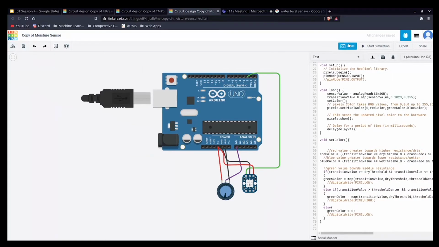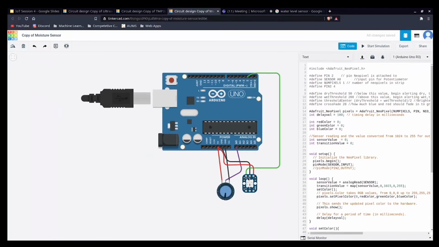Let's go to the code. Okay, so this is something different. For these modules, we are using #include Adafruit_NeoPixel.h. So this contains several functions and structures which are needed for operating this NeoPixel. And here, as you can see, instead of declaring variables, we have created #defines. So these are pretty similar to variables, but the difference is that this one gets created as the program starts, and #define is used for creating constants.